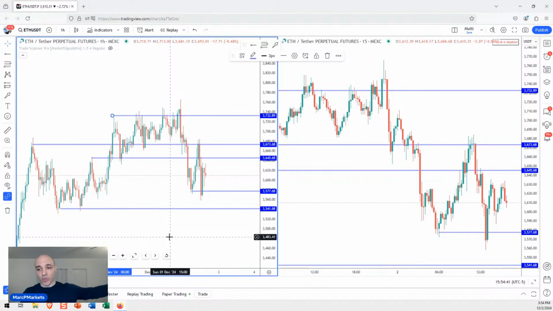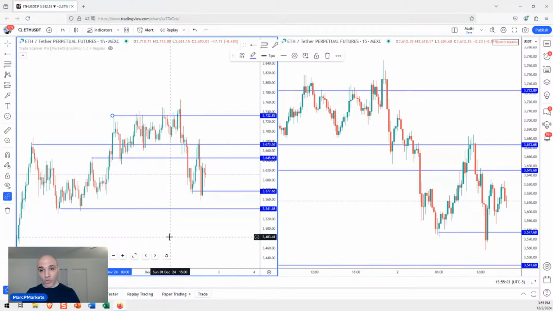Now, one thing I have to mention before is you have to know in advance what type of trade you're looking for before you even come to the chart. And this is going to go even with the update. You have to know if you want to be a day trader or a swing trader or an investor. You have to know that first before you do anything else. So for this example, I know I want to go in for a day trade. That's the example that I want to show.